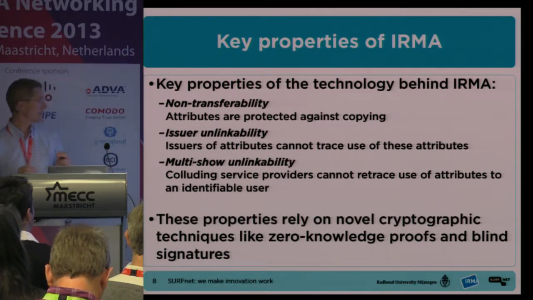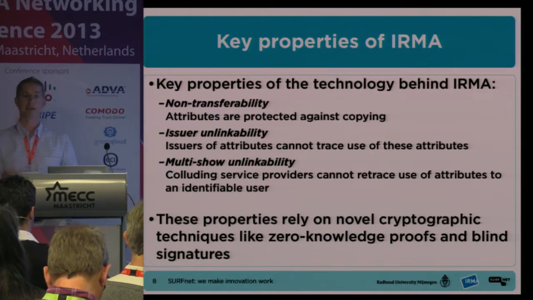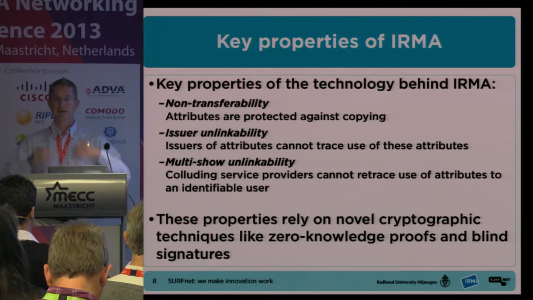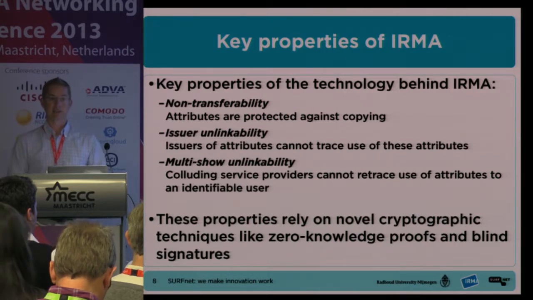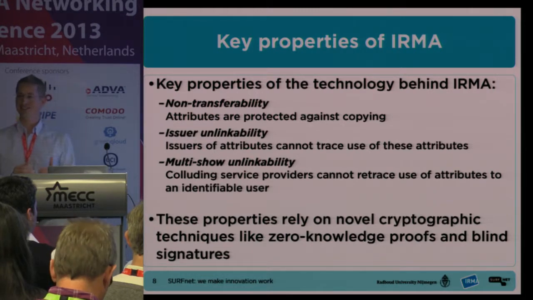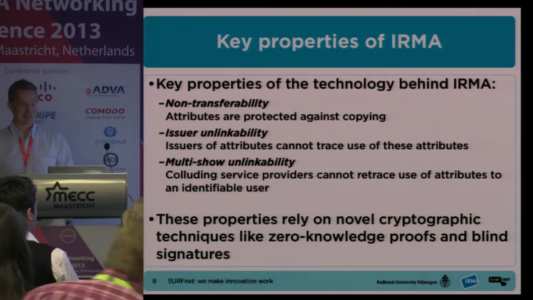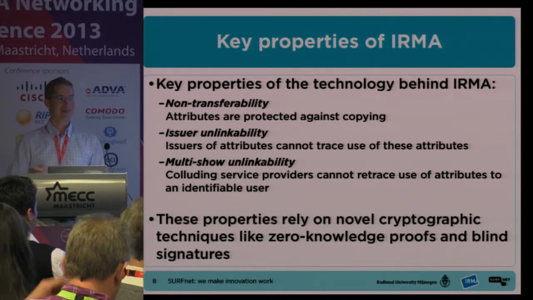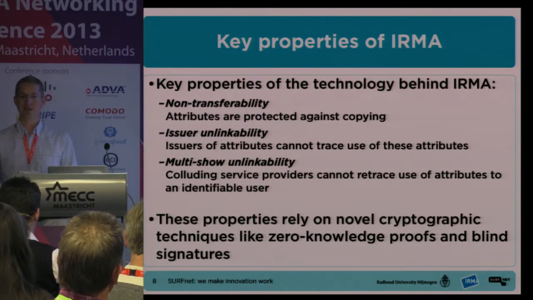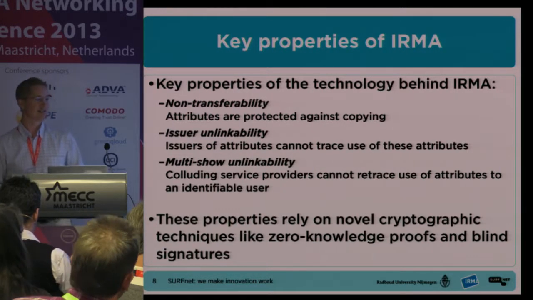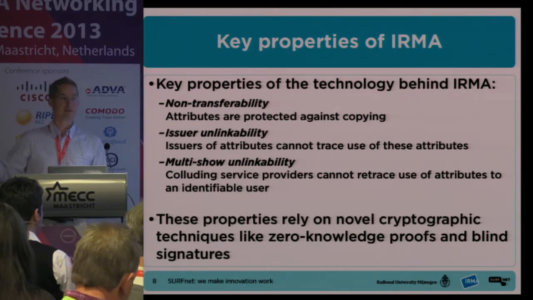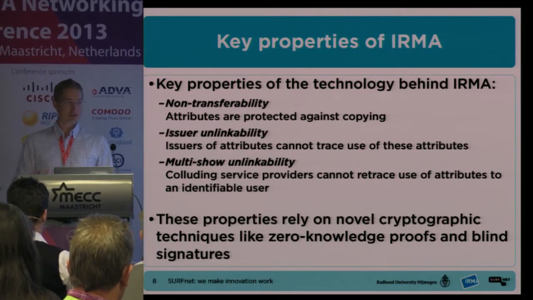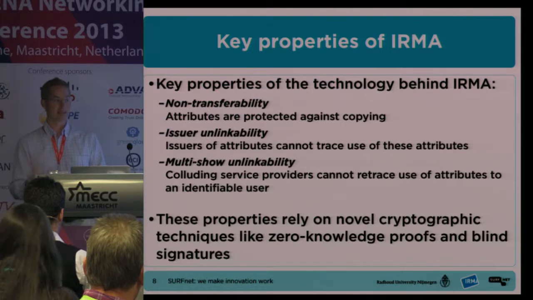Another key property that we want to achieve is what we call multi-show unlinkability. So if I go to a service provider and identify myself with certain attributes, and I come back to the same service provider, I don't want them to know that they are dealing with the same person if they don't have to know. And this is what we in Dutch call the bonus card scenario, right? If you go to a supermarket, they give you these loyalty cards, which you can use to get reductions on all sorts of goods in the supermarket. But the annoying thing is that they try to track your purchase behavior based on the number of that card. And we want to stop service providers from being able to do this based on identity information that they get